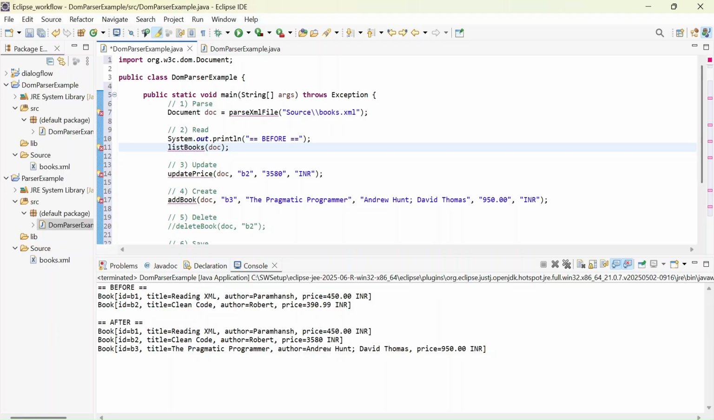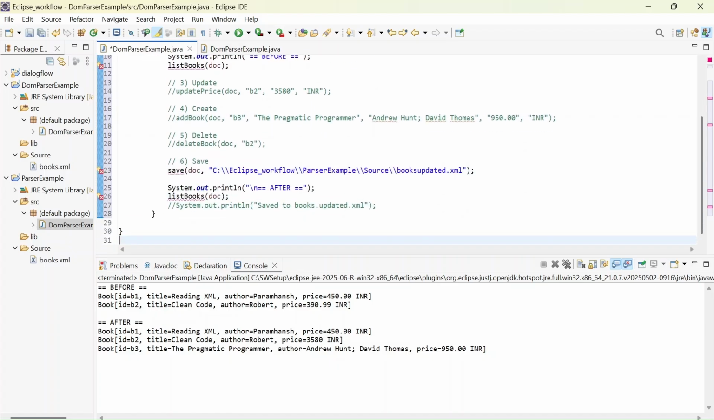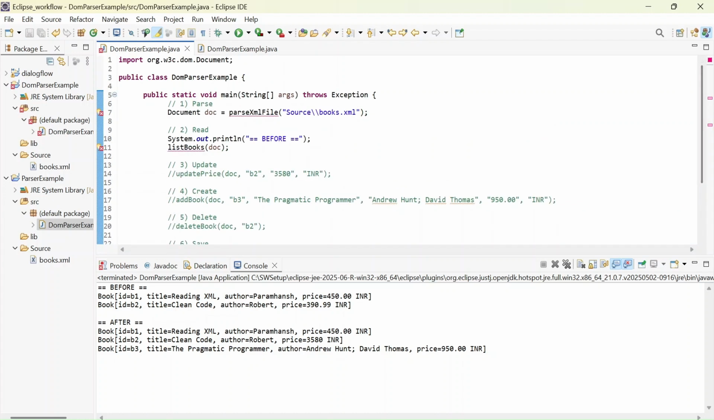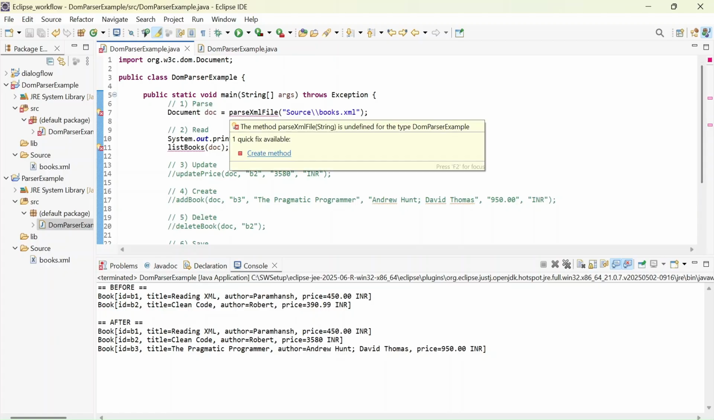Okay. I want to just list everything. I'm not gonna update, add or delete anything. For now, I'm just gonna use the list. Okay, what is this? Why is it coming? It is clearly saying that parse XML string is undefined. So we need to